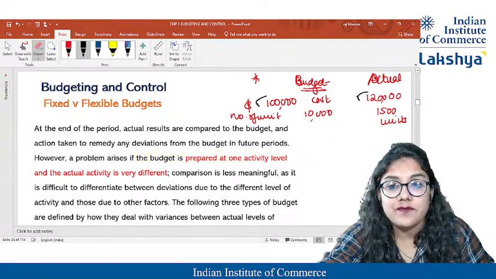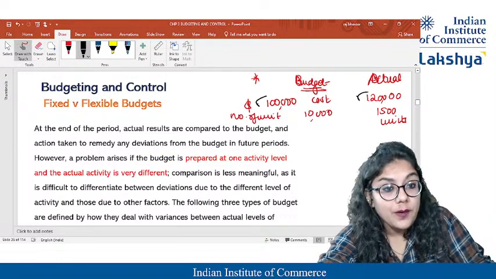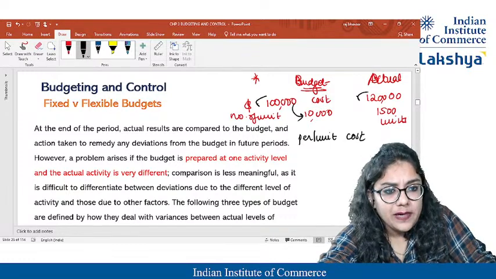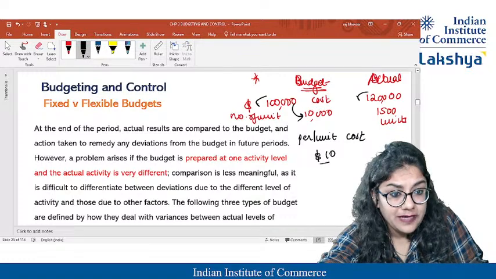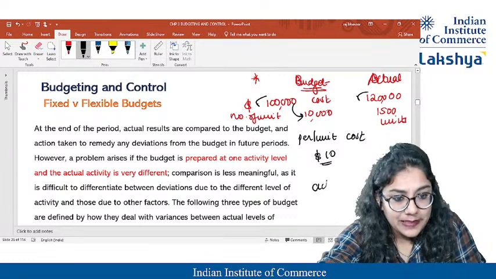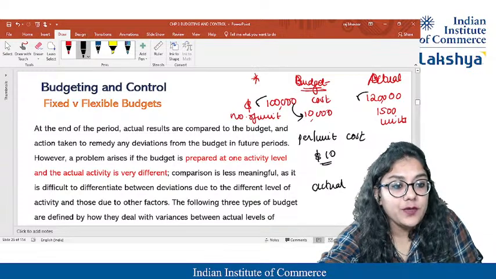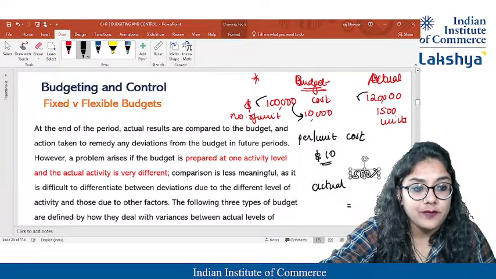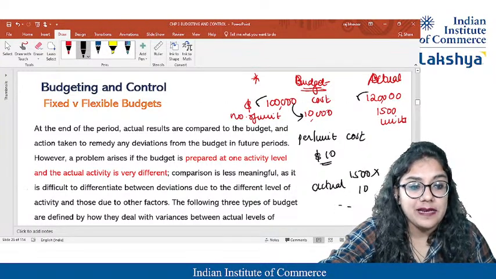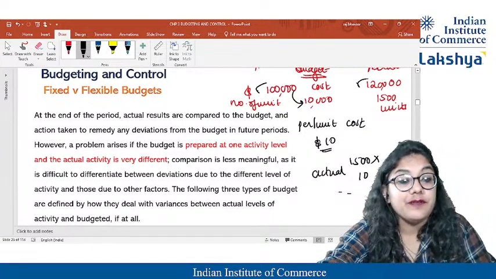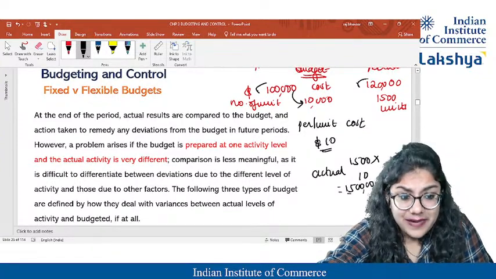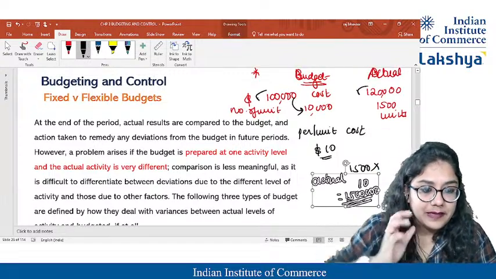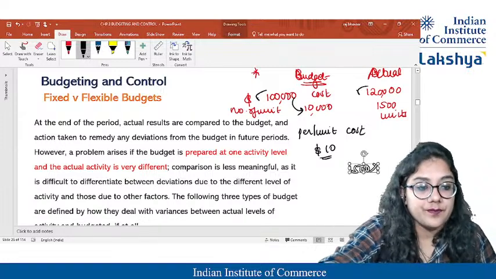So what we have to do, guys, is analyze your per unit cost. Over here, 1 lakh and 10,000 units, so per unit I have a cost of $10. Actually, I prepared 1500 units at the rate of $10. So what would my cost have been? If you had analyzed it, guys, you would have got a cost of 1 lakh 50. Sorry, it's not 15 lakhs. Okay. Are you getting it?